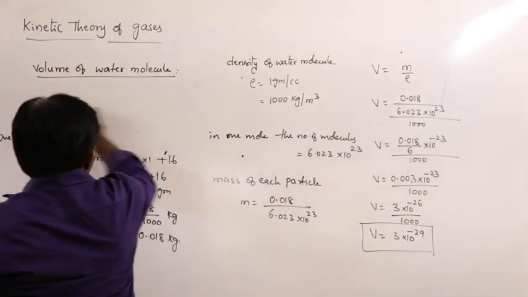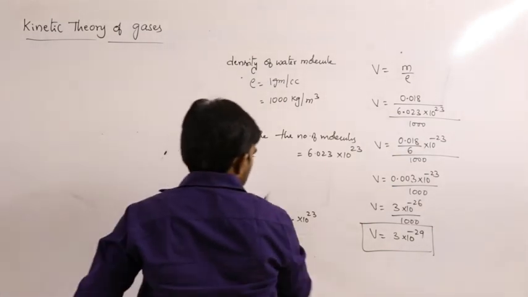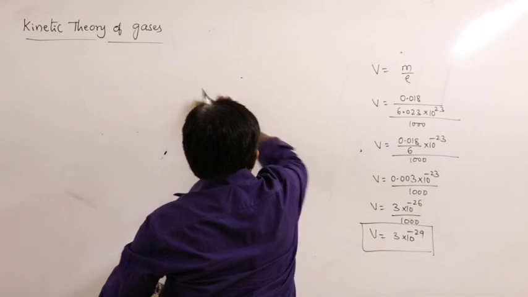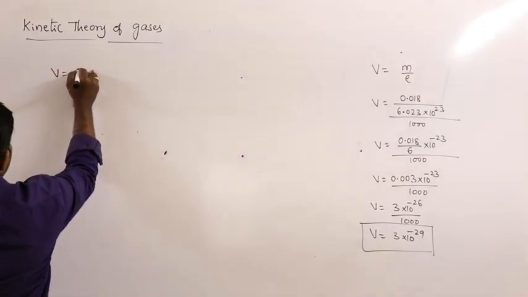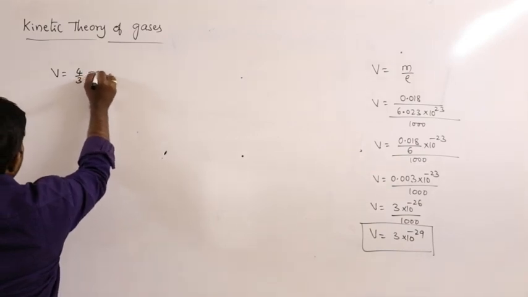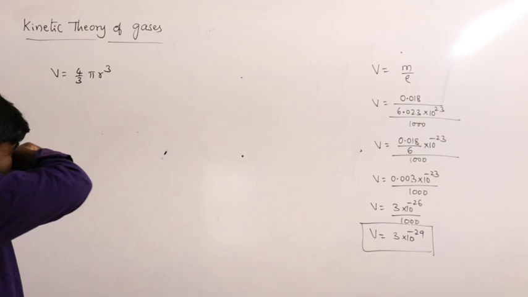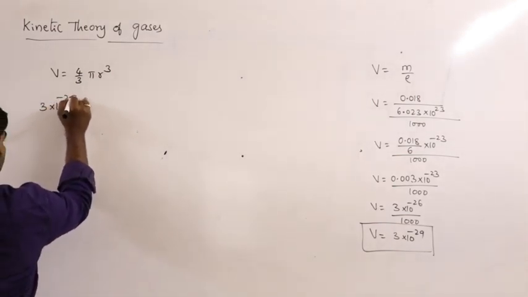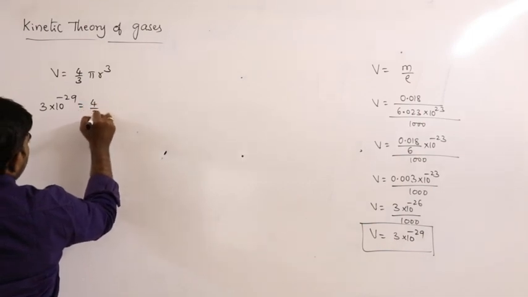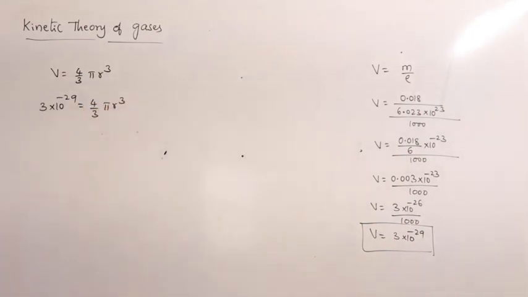Based on this, how can you calculate the radius? We know volume is equals to, so generally water molecules are in the spherical shape. So volume of the sphere formula is 4 by 3 pi r cube. So that is 3 into 10 to the power of minus 29 is equals to 4 by 3 into pi r cube. So from this, r cube